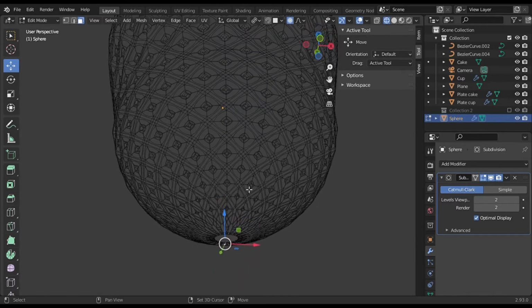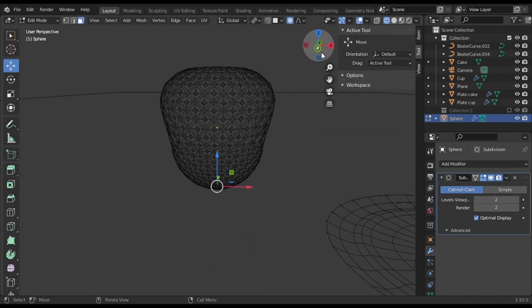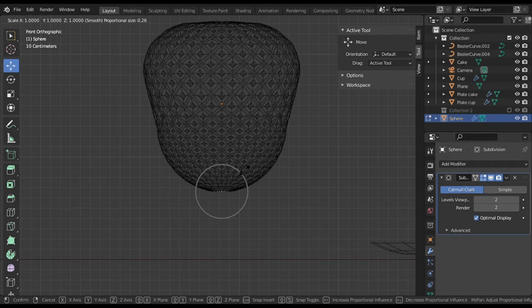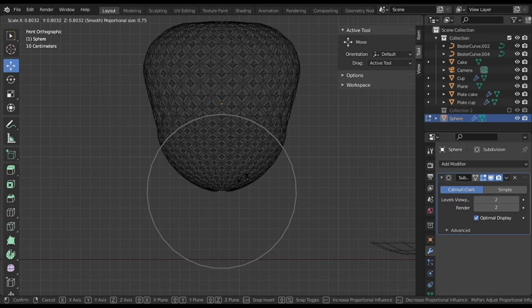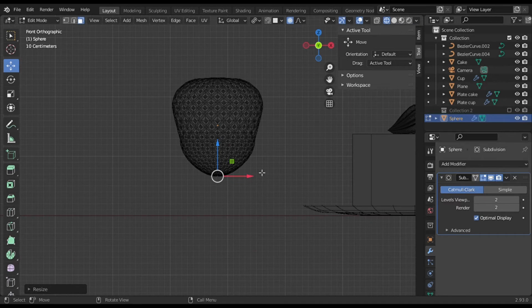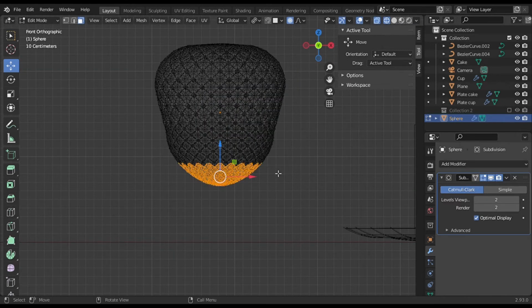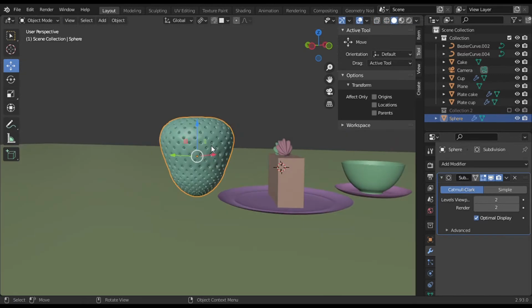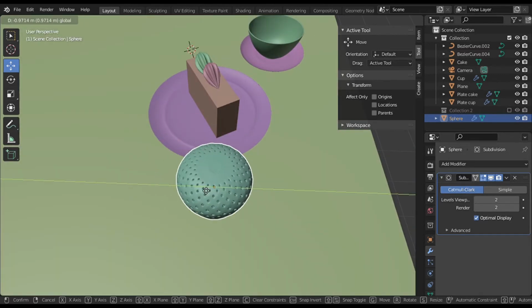Let's change the bottom shape with the size tool again. And now let's position the strawberry on the cake.